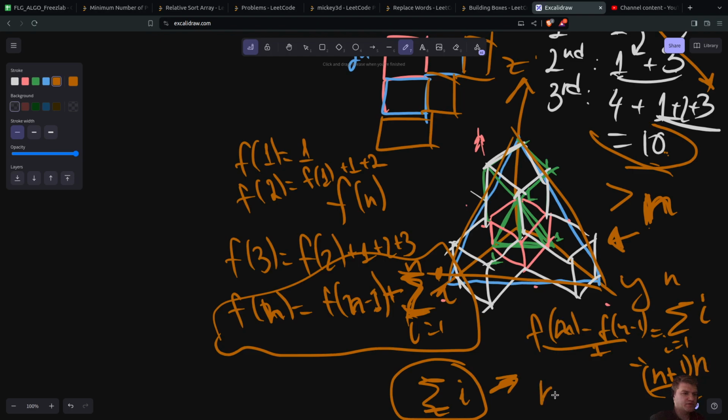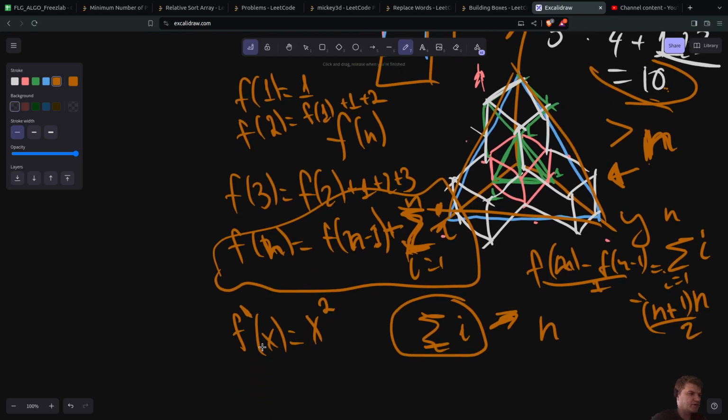So the growth factor is going to be, like, f delta of x is going to be x squared, something like that. And if f delta of x is that, then f(x) grows